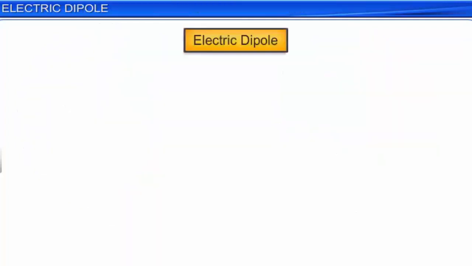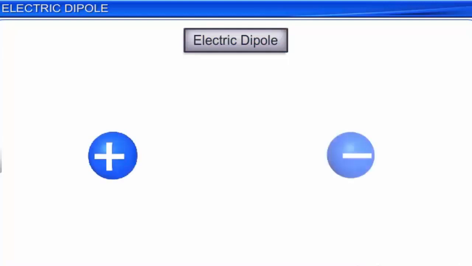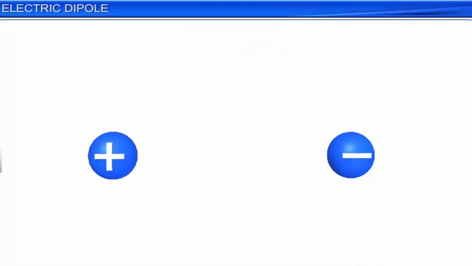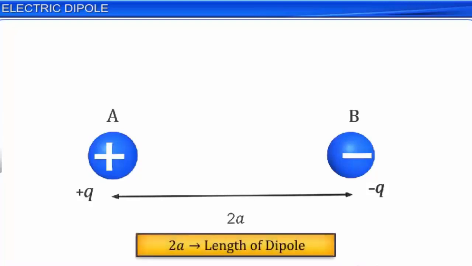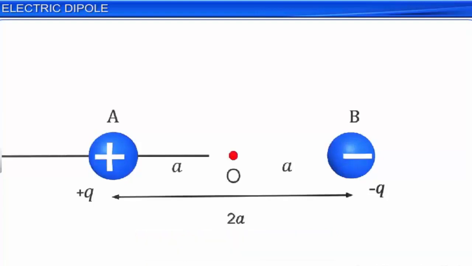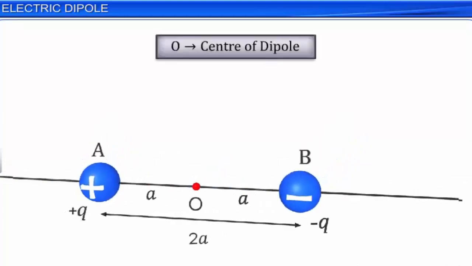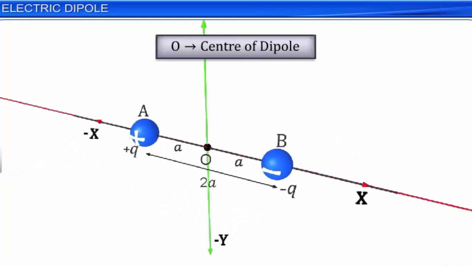An electric dipole comprises a positive charge and a negative charge separated by a finite distance. Consider a dipole with a positive charge plus q placed at A and a negative charge minus q placed at B at a distance of 2a. This distance between the charges is referred to as the length of the dipole. For an electric dipole, the midpoint O of the line joining the charges is called the center of the dipole,